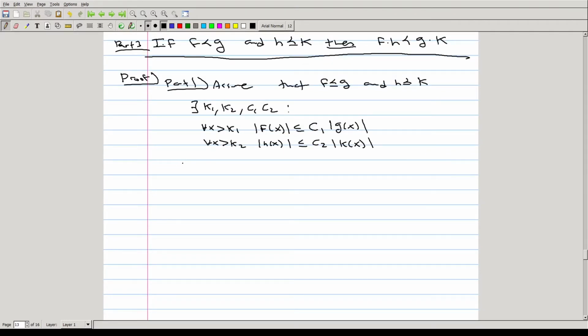So we choose k, the witness, to be equal to the maximum value of k1 and k2, and then we attain that the absolute value of f of x times h of x is going to be less than or equal to